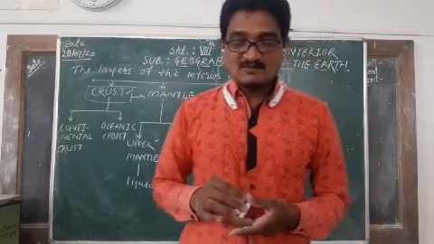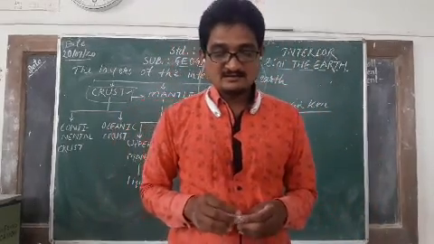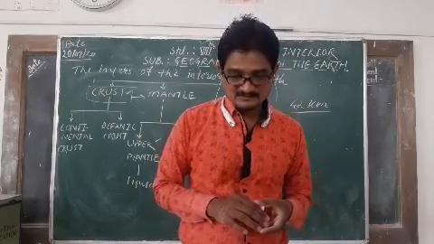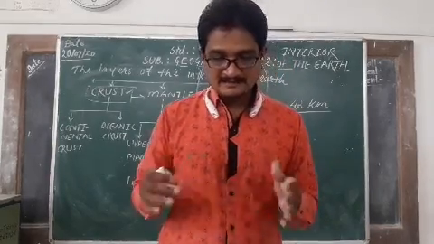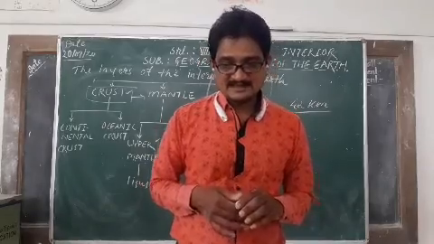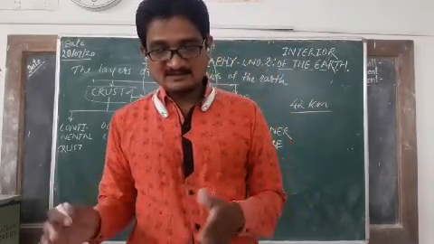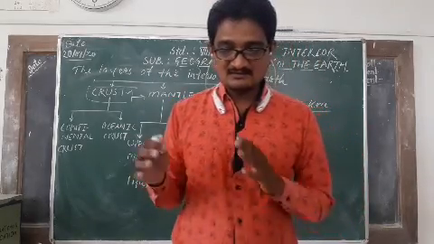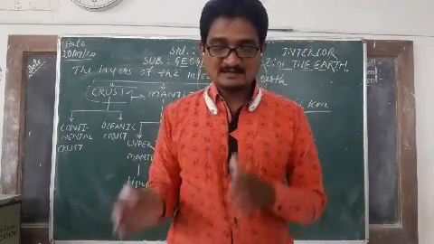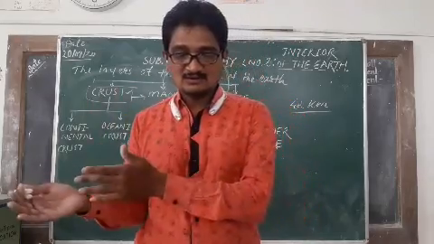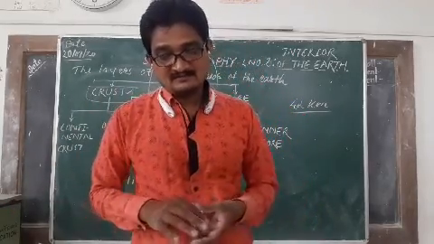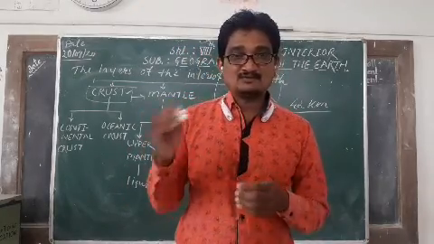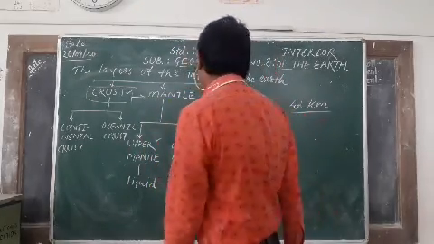the core starts from around the depth of about 2900 kilometers from the Earth's surface, and the part of the Earth's interior extending from the mantle up to the center of the Earth is the core. The thickness of the core is about 3471 kilometers, and this layer can be divided into outer core and the inner core. See, the core starts from the depth of about 2900 kilometers.